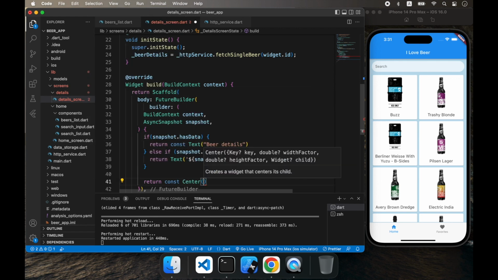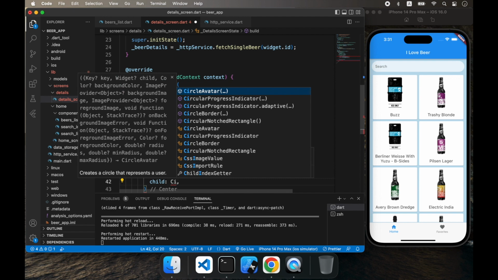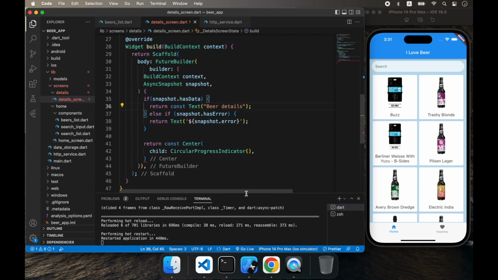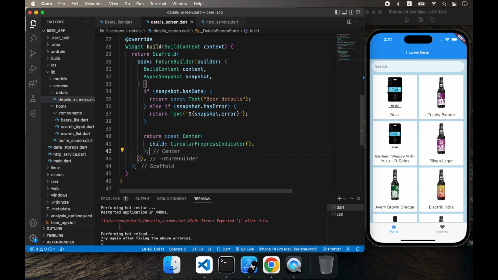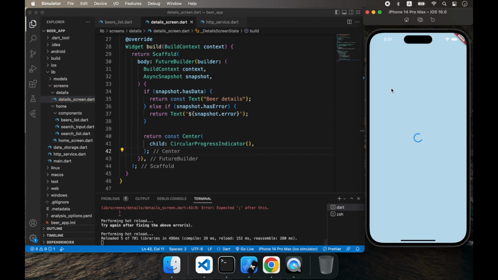And in case none of these are true, we can just display the CircularProgressIndicator widget, which is going to be a loader in the center of the screen. And I forgot to add a semicolon at the end of the Center widget. And if I hot reload the app,